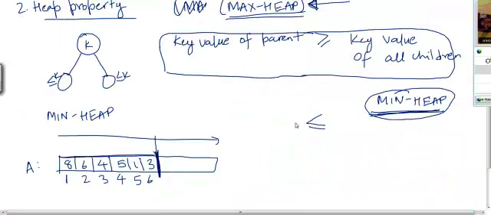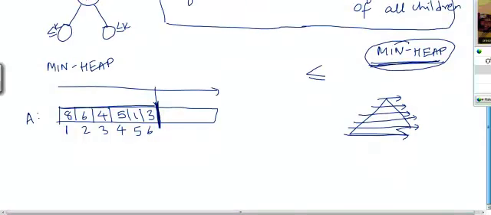And in general, if you have a tree like this, you're going to store it in this order. So you do a level order traversal and store the elements of the array in this particular order. And the reason for this is something you're going to see very soon. So let me draw that tree here again. 8, 6, 4,